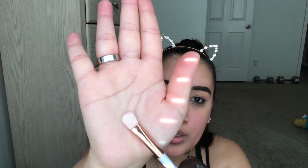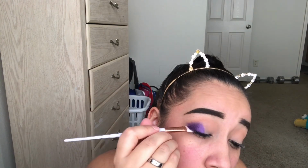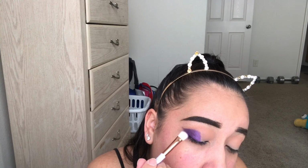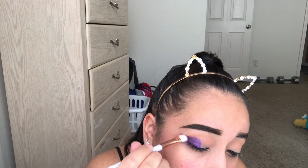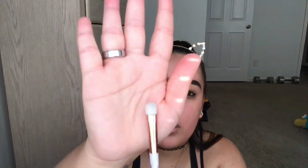I'm going to take this flat brush so that I can pack on that color a little bit better. And then I'm going to wet it with some of my MAC Fix Plus. Now with this smaller flat brush, I'm going to dip into